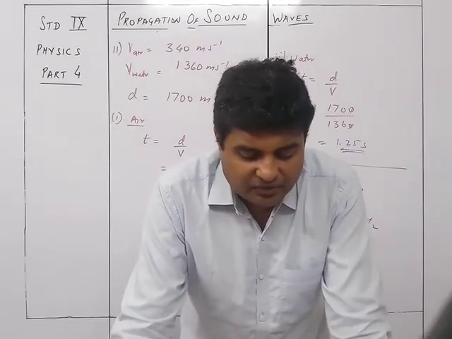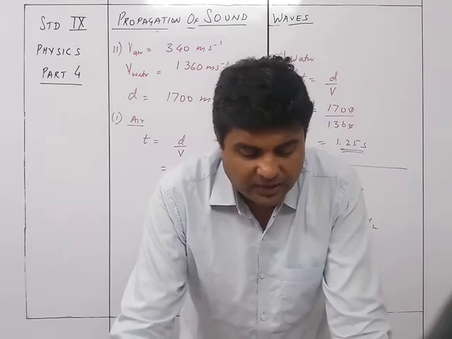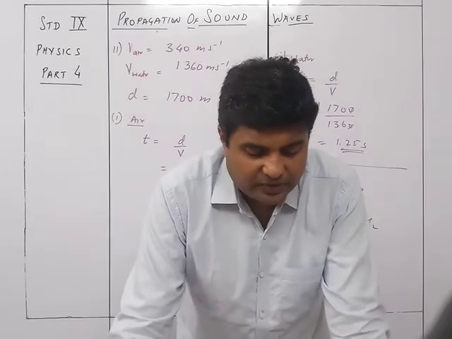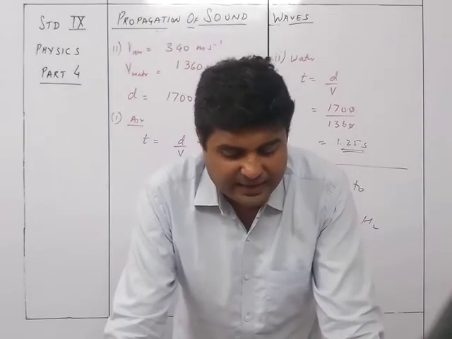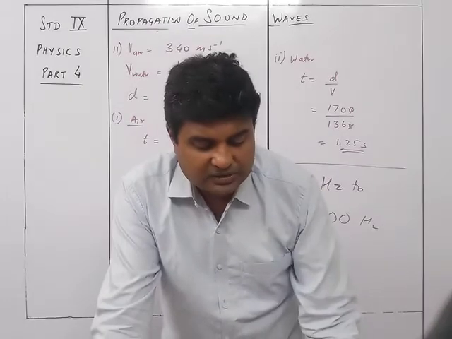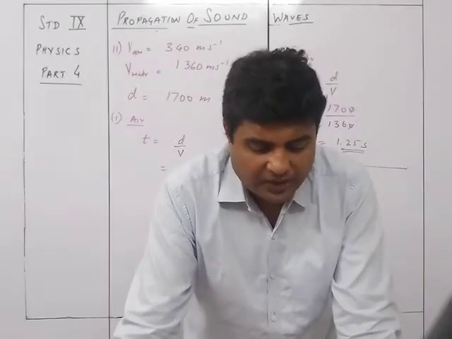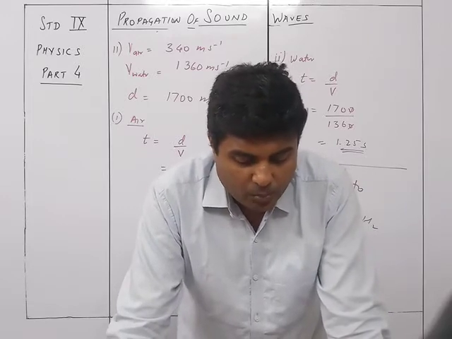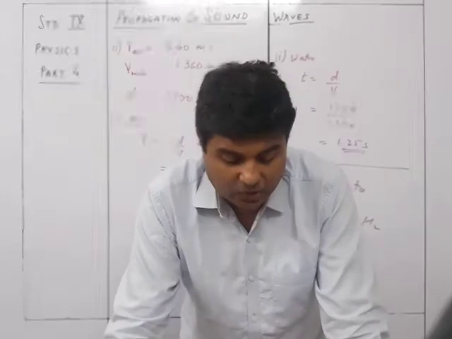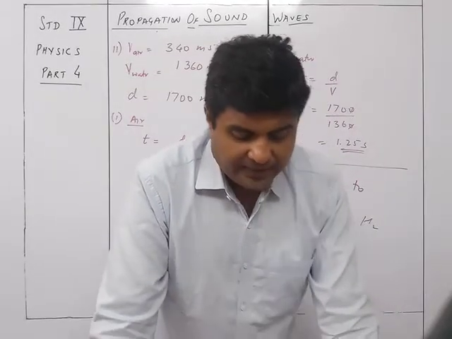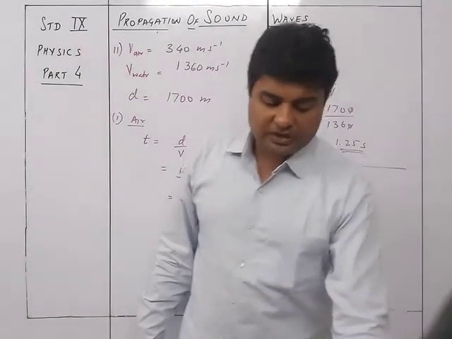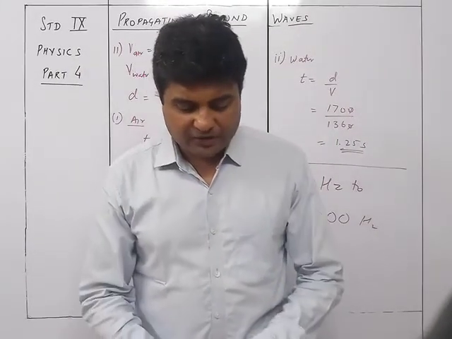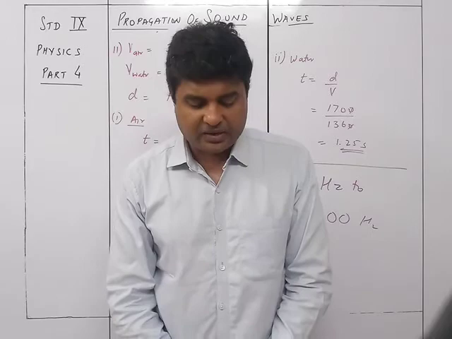Actually, the audible range of the frequency varies from person to person and also varies with the age of the person. The audible range of frequency of a person decreases as he gets older, since his ears lose the hearing sensitivity to the high frequencies. Children can hear sound of somewhat higher frequencies, say up to 30 kilohertz, while an old person can hear sound only up to frequency 12 kilohertz. Hence, the audible range of frequency for an average person is considered to be 20 hertz to 20 kilohertz.